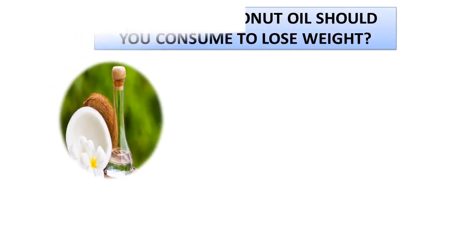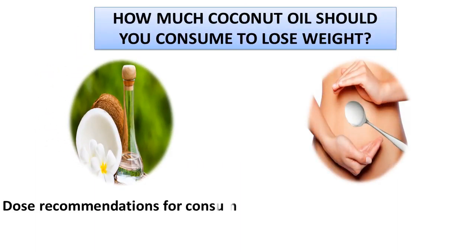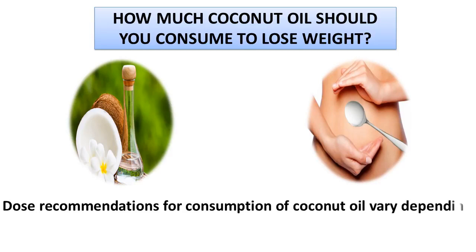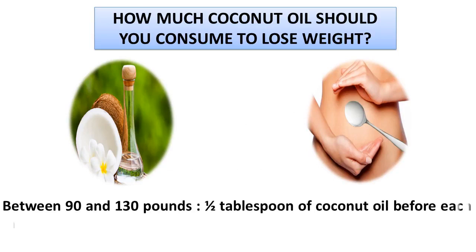How much coconut oil should you consume to lose weight? Dose recommendations for consumption of coconut oil vary depending on the weight of each person. Between 90 and 130 pounds, 1/2 tablespoon of coconut oil before